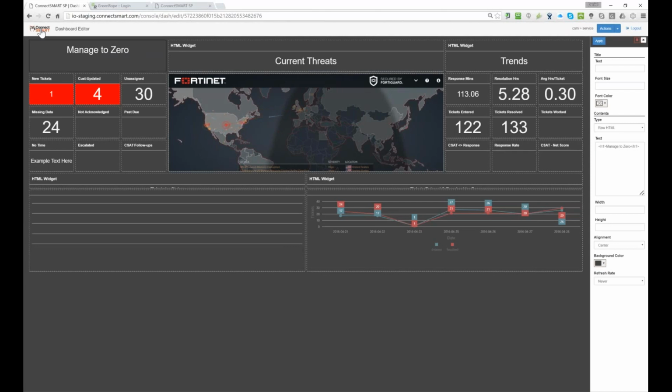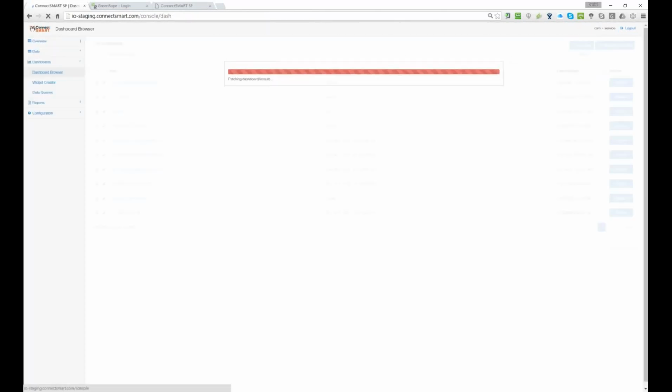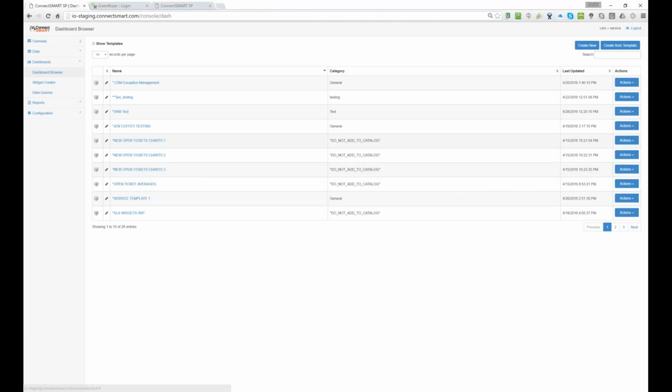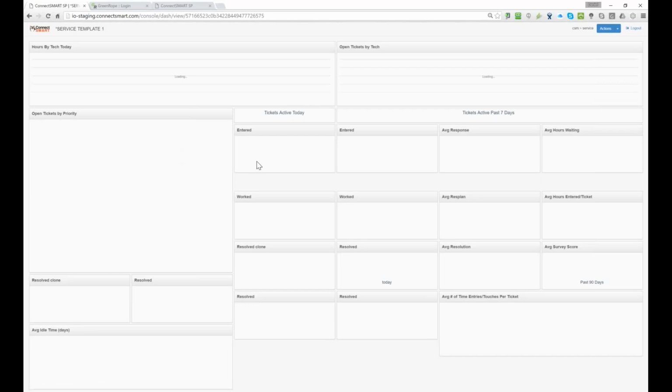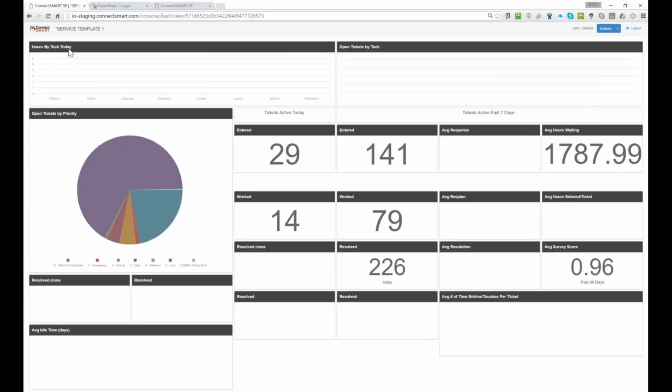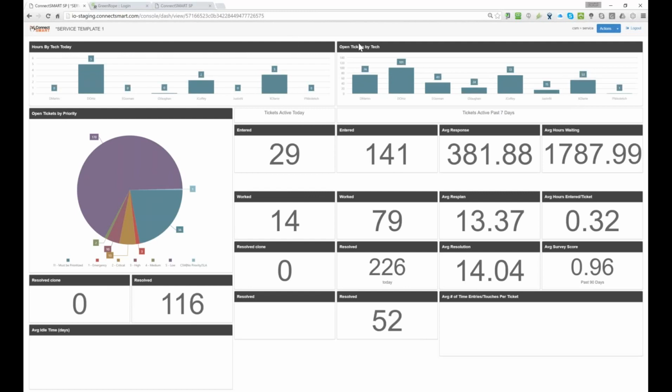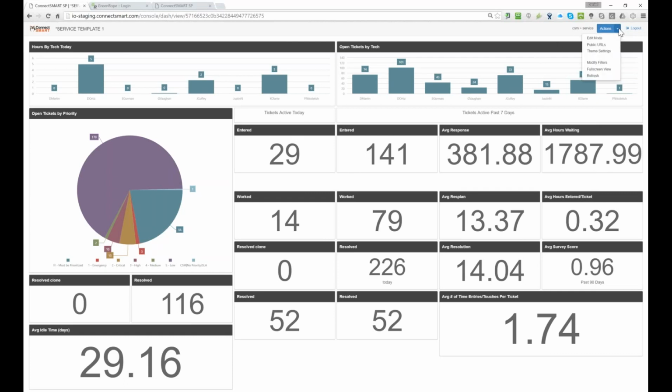And let me switch to just another standard dashboard. And I'm just going to grab something that we've been playing with. Okay, so since I'm not using the dark theme, you can see that we've added in this title bar into all of the different widgets. So since this one is more of a high contrast, you can see that that bar is there. And if we go into the edit mode, the same way, if I didn't like having a title bar for some reason and I wanted to have a different type of titles,